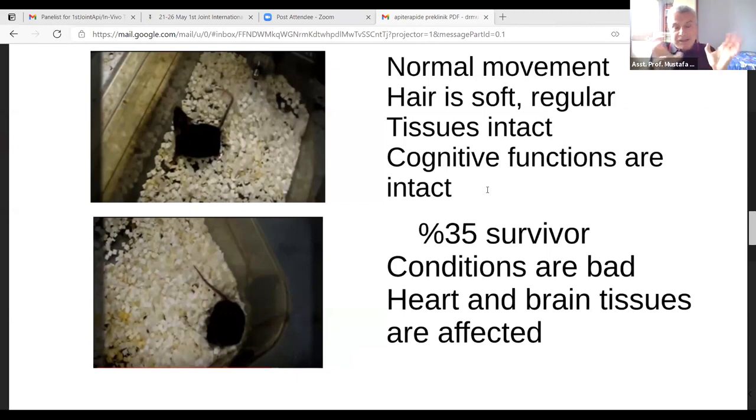Why do I bring this one here? Because I'd like to know about a clinical study, for example, at this stage, giving some apitherapy products. Sibel Hocam maybe would love to do that. One can receive pollen after 48 hours of hunger. One can receive royal jelly. The other one can receive propolis. And we see not only the effect, but also at the genetic level.